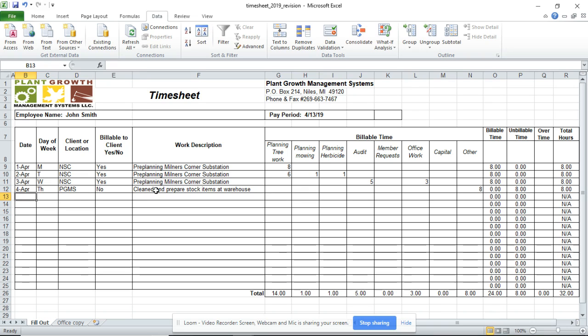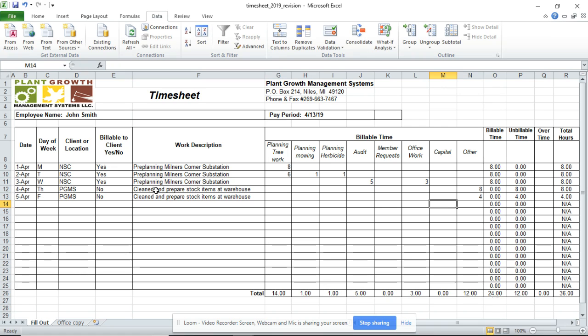And we'll say on 4/5, Friday, so again, we work for PGMS. It's not billable. We continued cleaning and preparing stock items at the warehouse, but we only did that for half